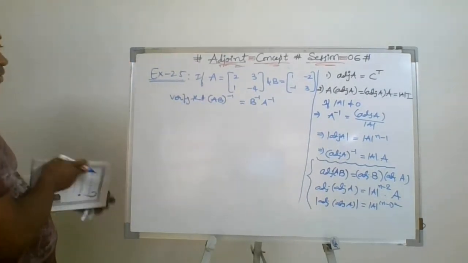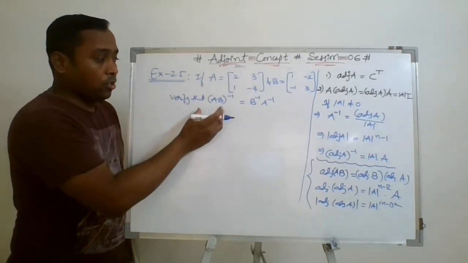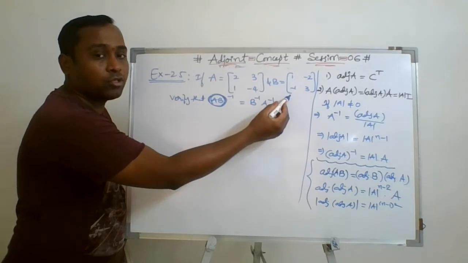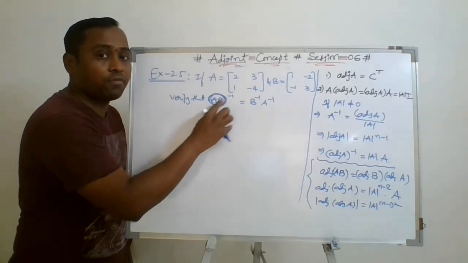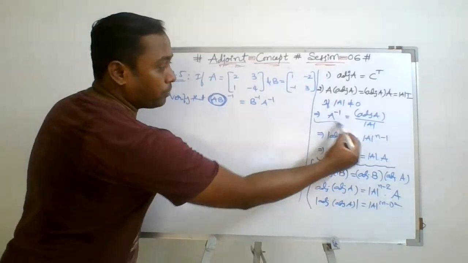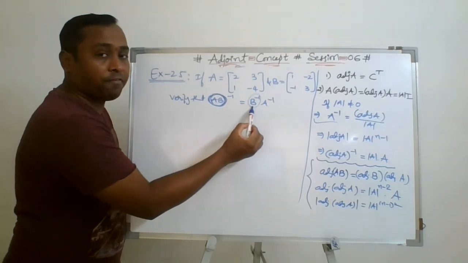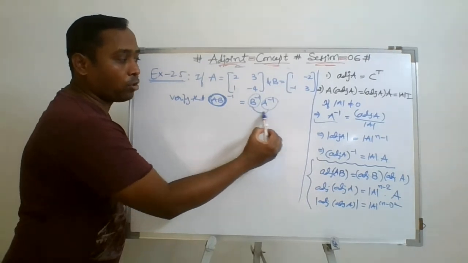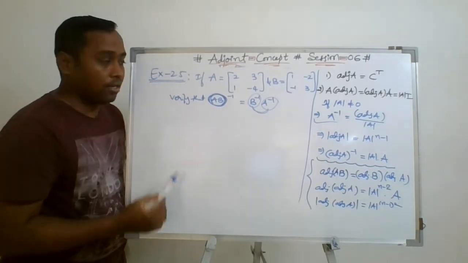Now what to do in this case? Verify means we need to solve the left hand side and right hand side both. To solve the left hand side, first we need to multiply both the matrices. When you multiply these two, you will get a C matrix as a new matrix. Then find the inverse of that matrix by using the matrix method with the formula. Similarly, for the right hand side, you need to find the inverse of B first and then the inverse of A, then find the product of the results. Then you will see the left hand side is equal to the right hand side.